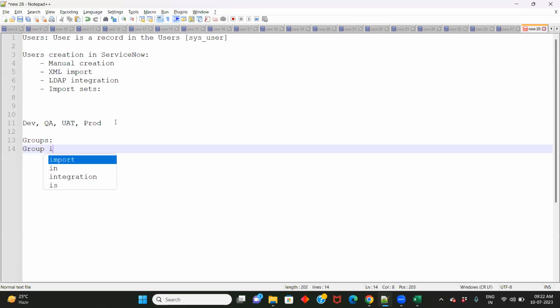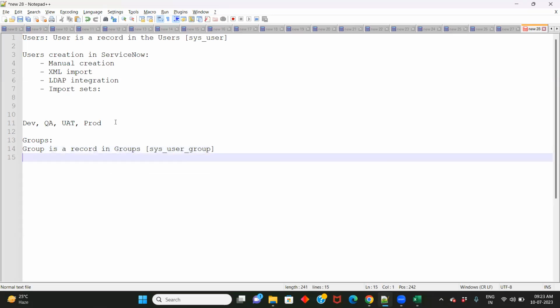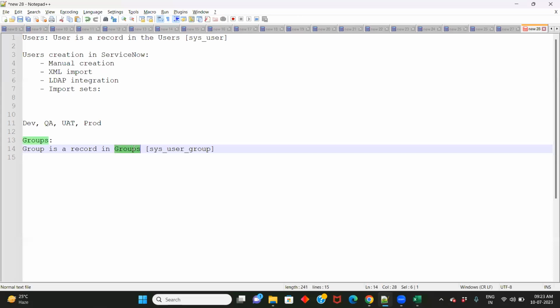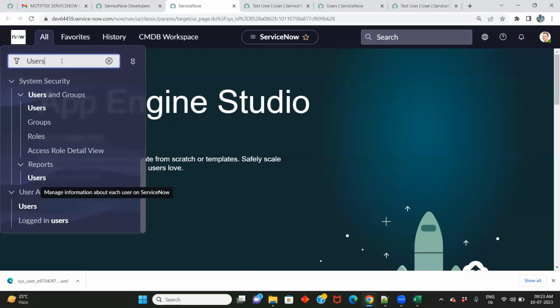So a group is a record in the groups table. Okay, groups table. What's the backend name of the table? Groups table: sys_user_group. Getting it? So this is the table for the groups, and this table will store all the groups information. So I can copy this name, or you can directly type groups here